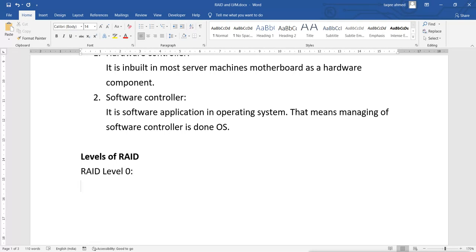This RAID level 0 is called a striped volume. This level is called striped volume.